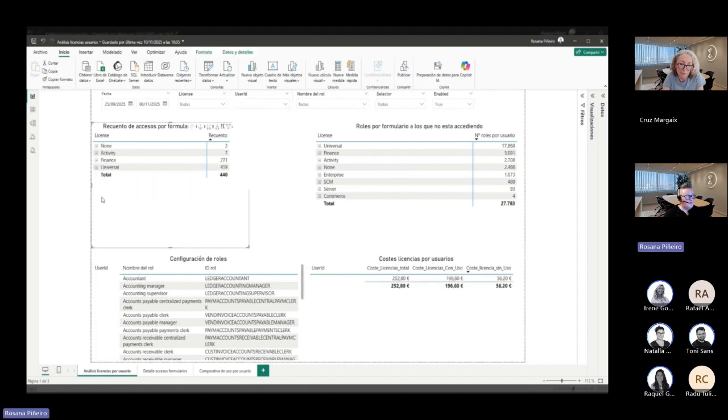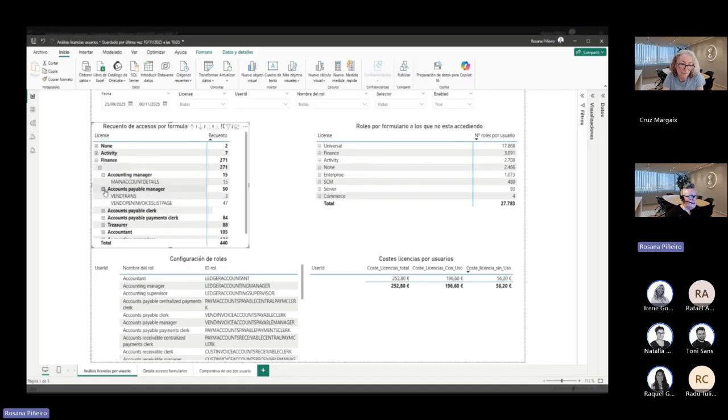Okay, as we've seen, there is a difference here in the reduction of the licenses required. So if we go into the finance license here, we're going to go a little bit more in depth and see what forms have been accessed that are related to a finance license. So here we have all the roles that are assigned to the user and have been in use to access the form. So the accounting manager role has been used to access this form here, the main account details. So the account payable manager has access to other forms.